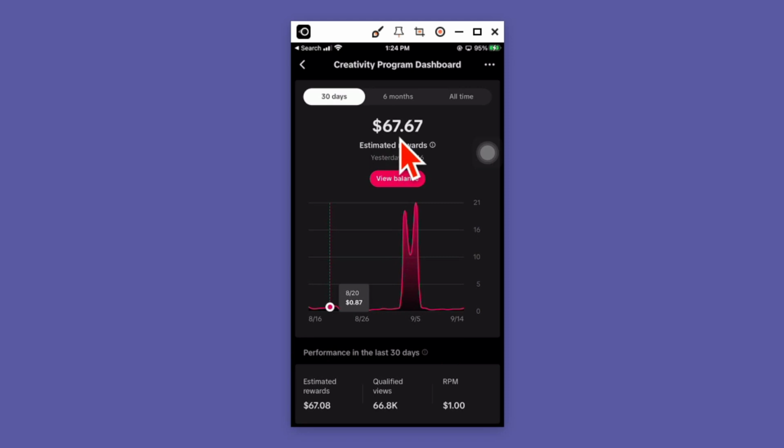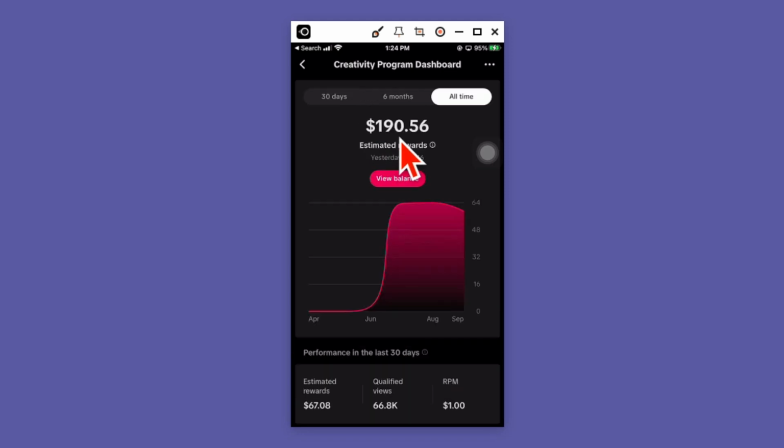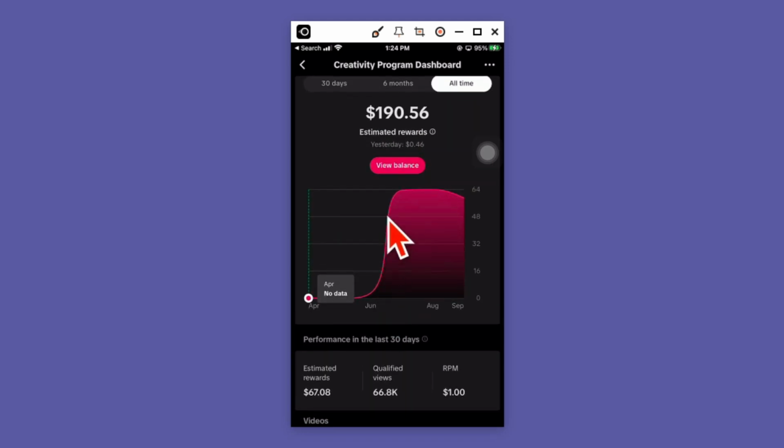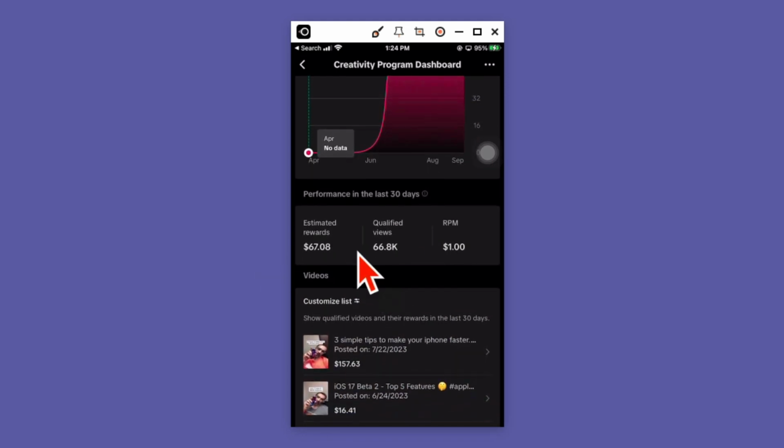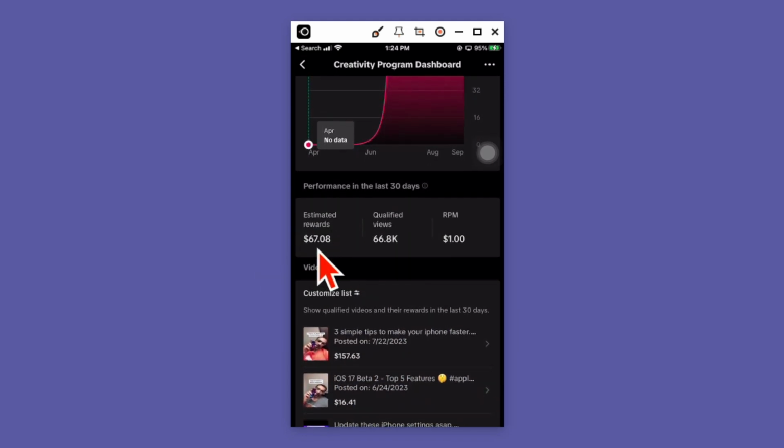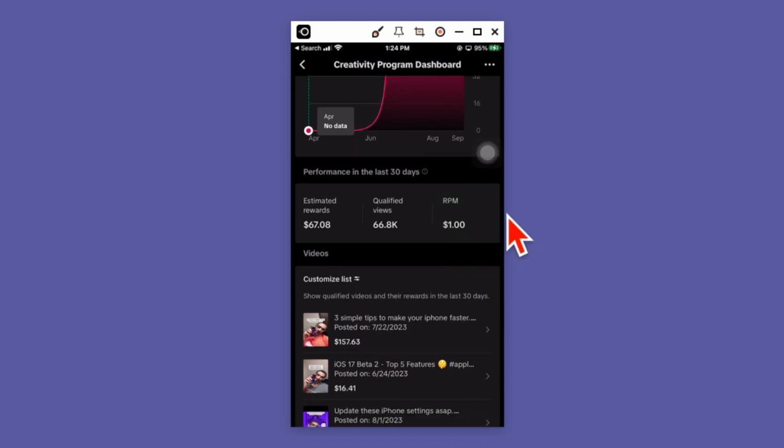Last 30 days, $67. All time is $190. But you can see I got into the program very recently, just a couple of days before. It was all zero, because I was not in this program. Here is the most important thing. Estimated rewards $67, qualified views 66K. We'll talk about the difference in a second, but the most important metric you want to pay attention to